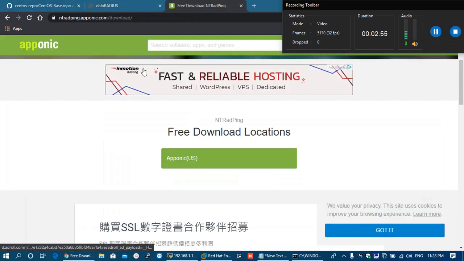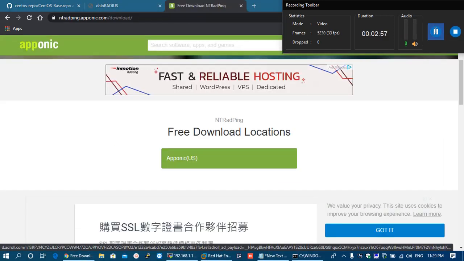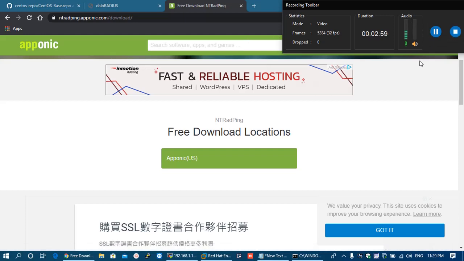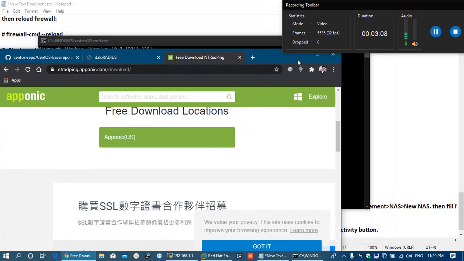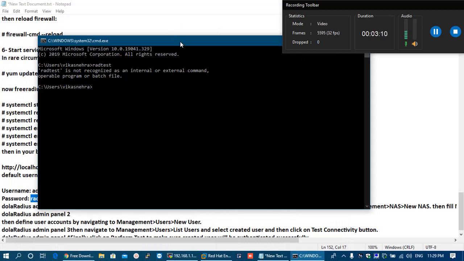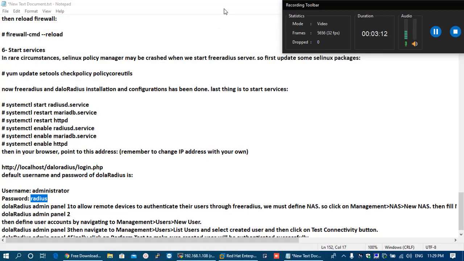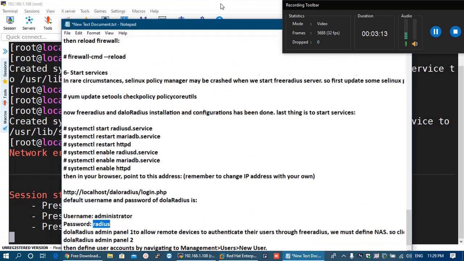Now to test the working, we can install this NTRadPing tool from the internet and extract the zip file on our computer. I have downloaded it on my desktop, and let me open the tool.